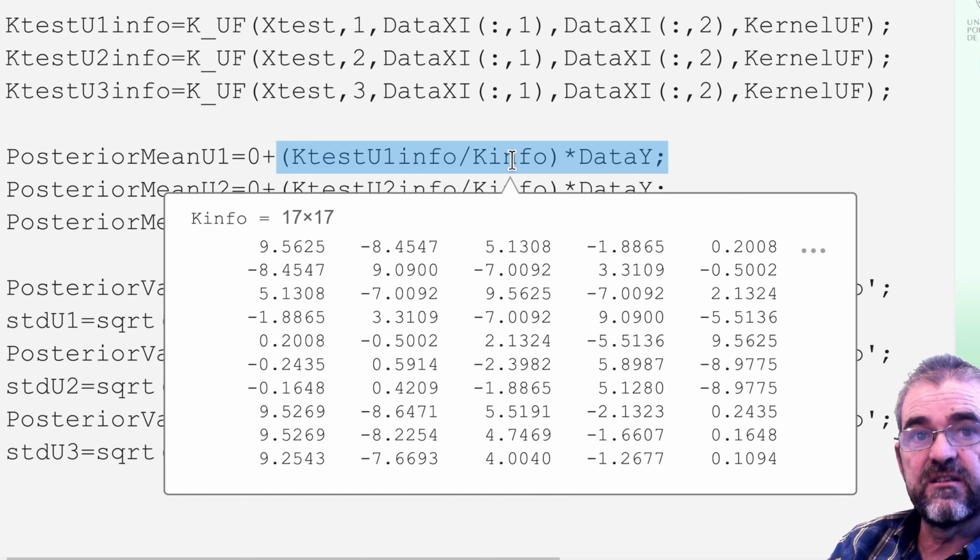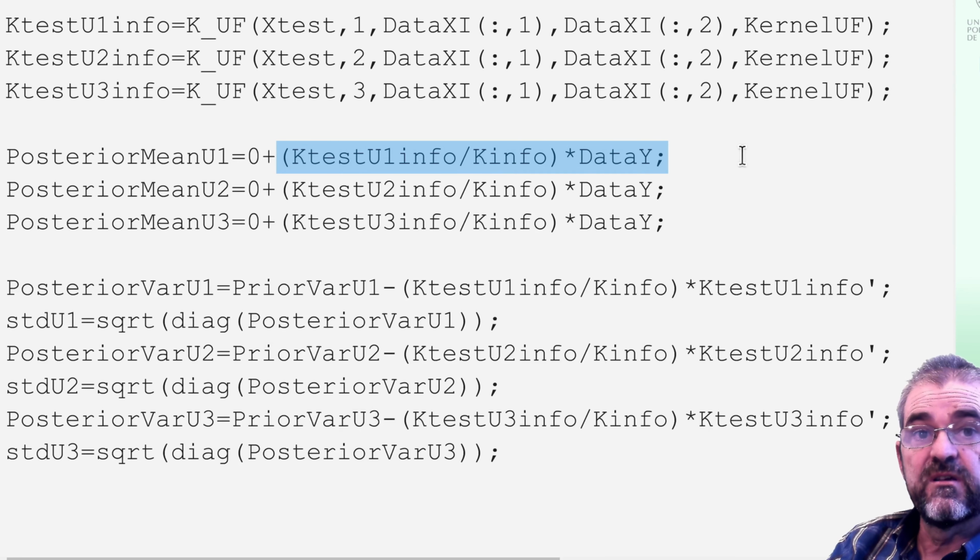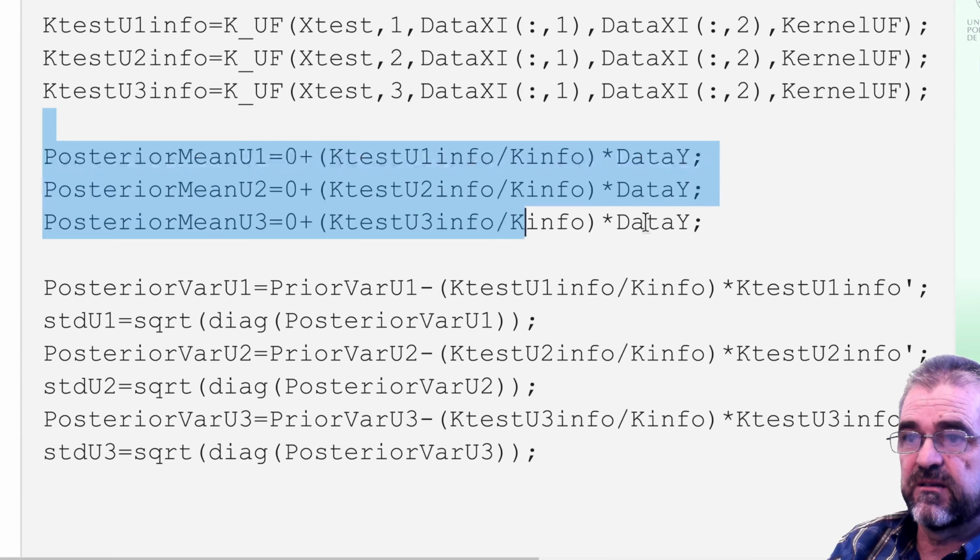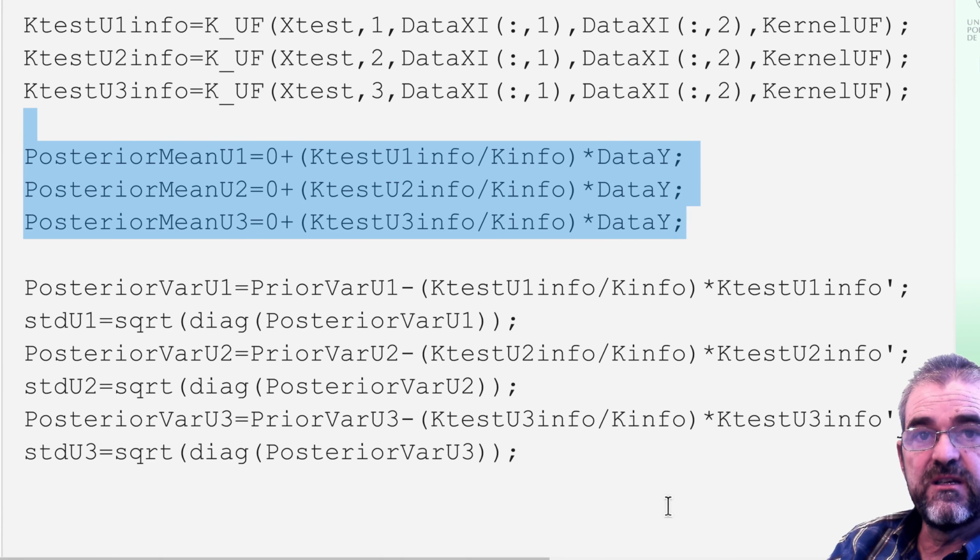If I have 17 samples, it's a 17 times 17 matrix that, okay, we discussed its computation in the previous video in which we did output prediction. You can just pause and download the code if you wish to inspect or modify it from the link in the description. Well, then these 3 lines here carry out the prediction in mean,